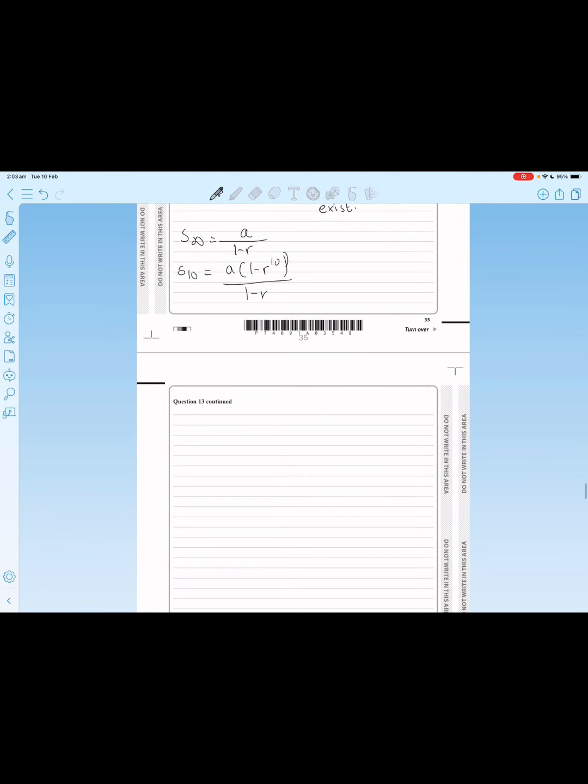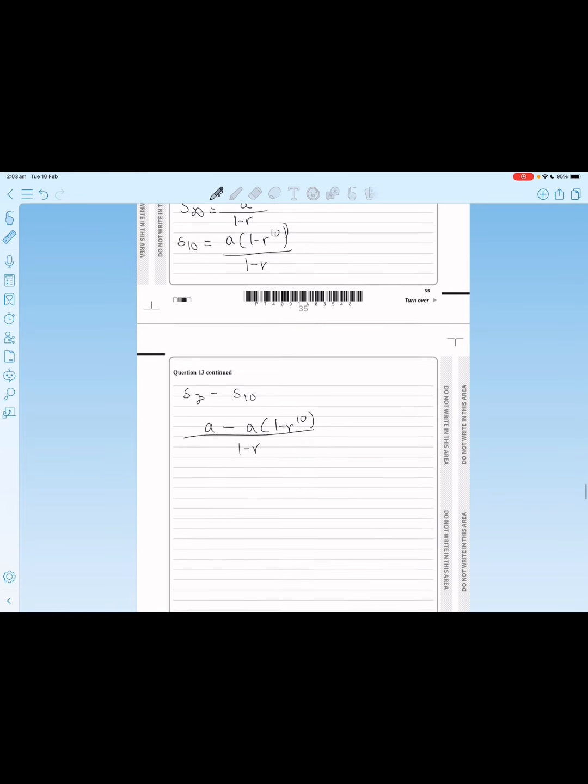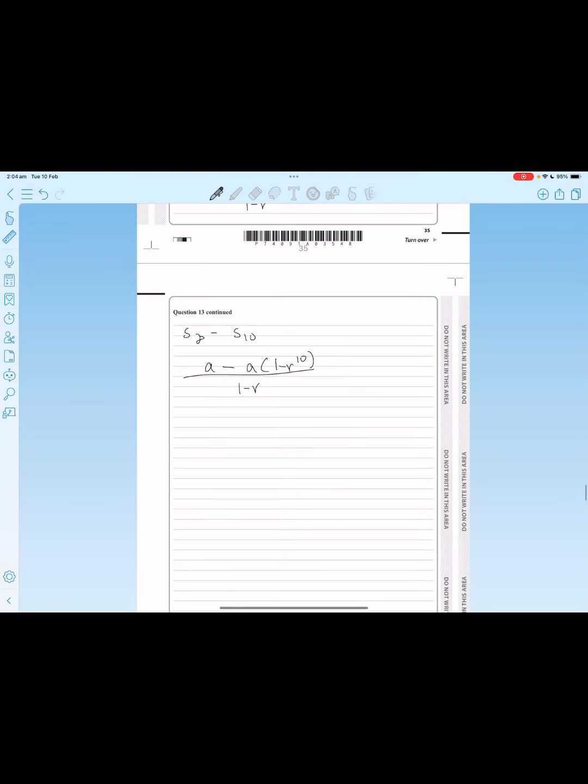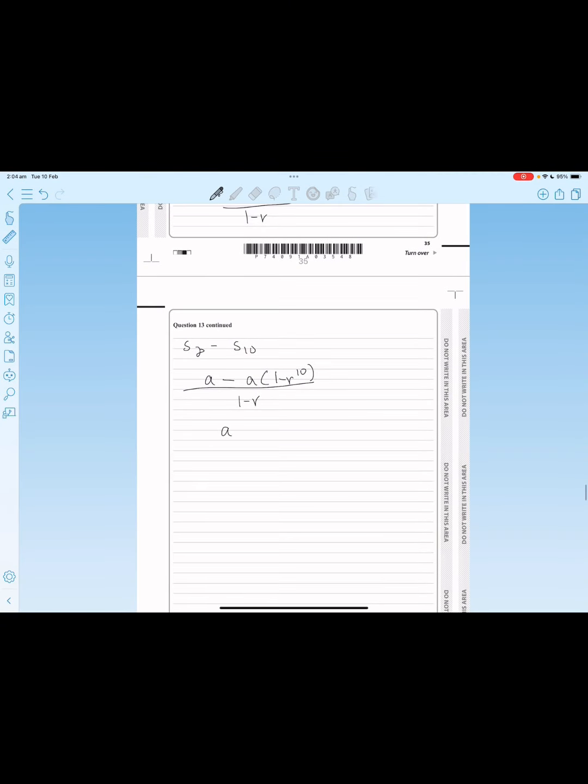So what it's essentially asking us to find is S infinity minus S10. So that is just a minus a(1 minus r to the power 10) divided by 1 minus r. It's the same denominator, right? So I could factorize out an a as well. And then what can I say? I can say a(1 minus